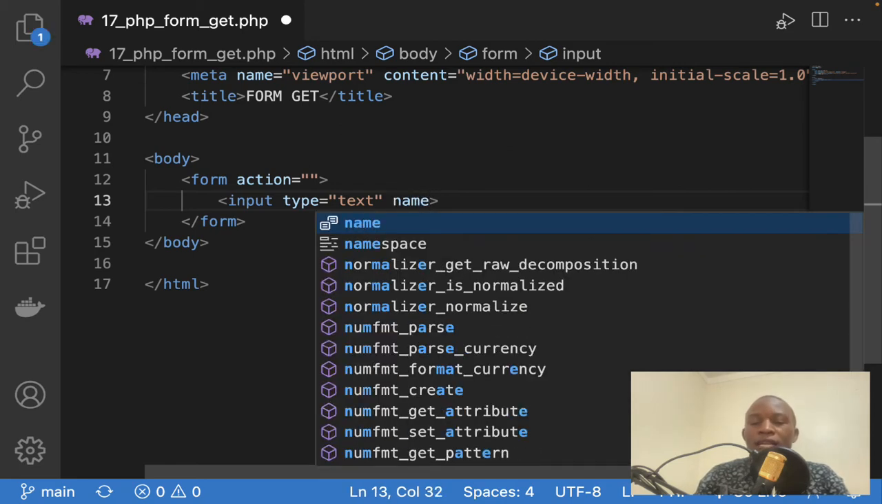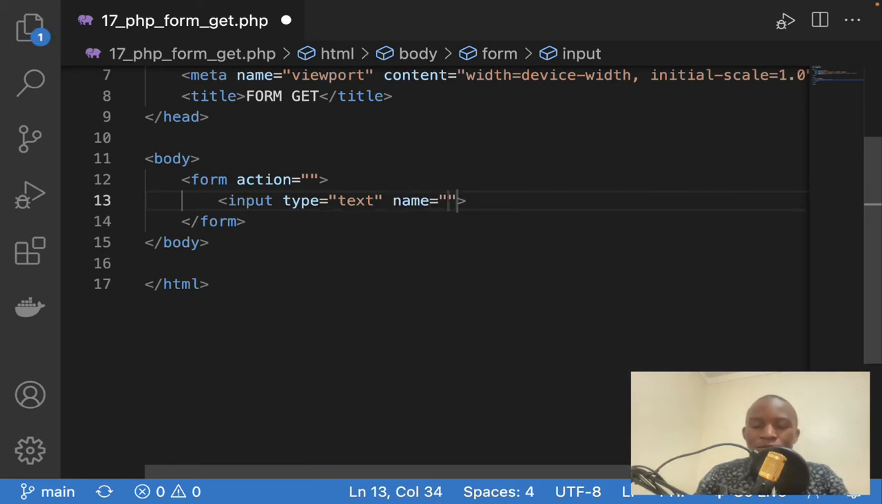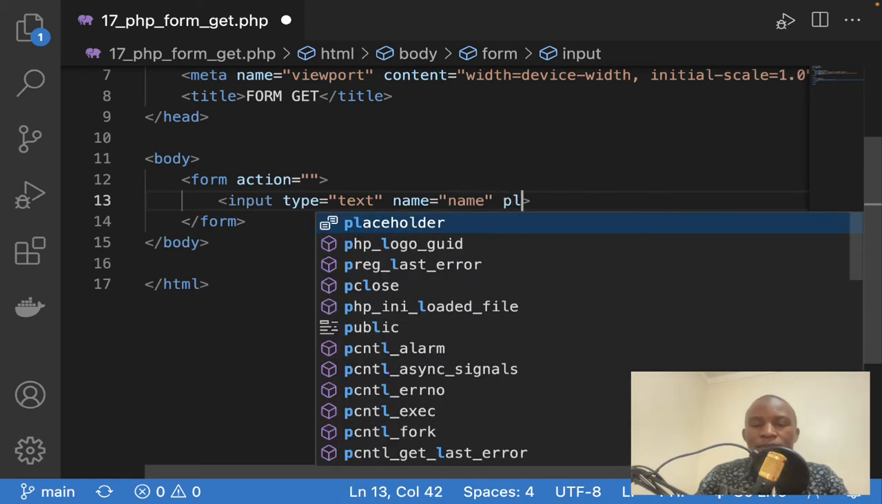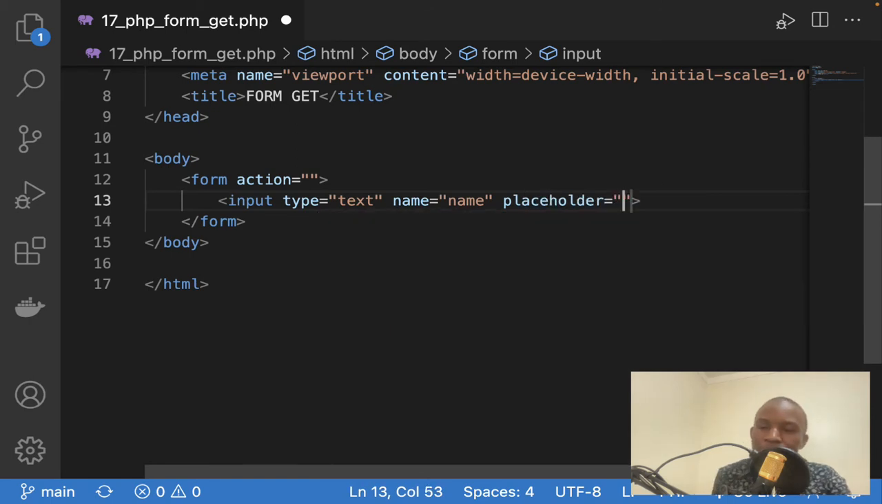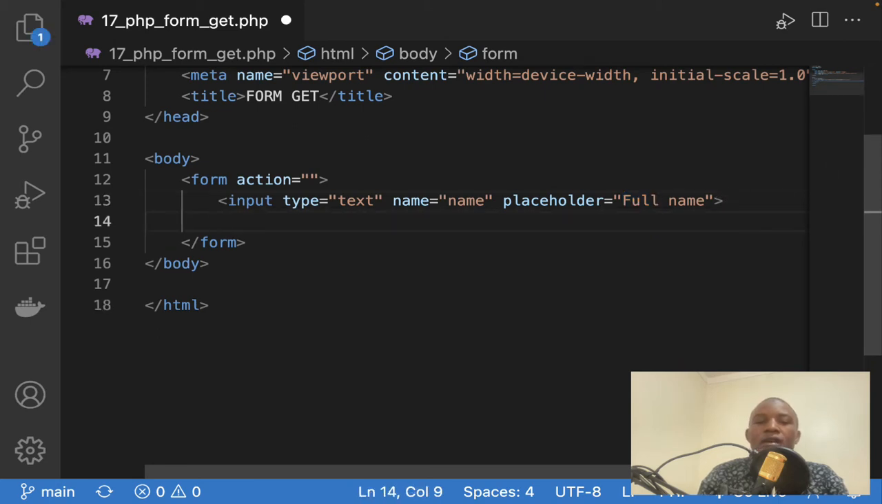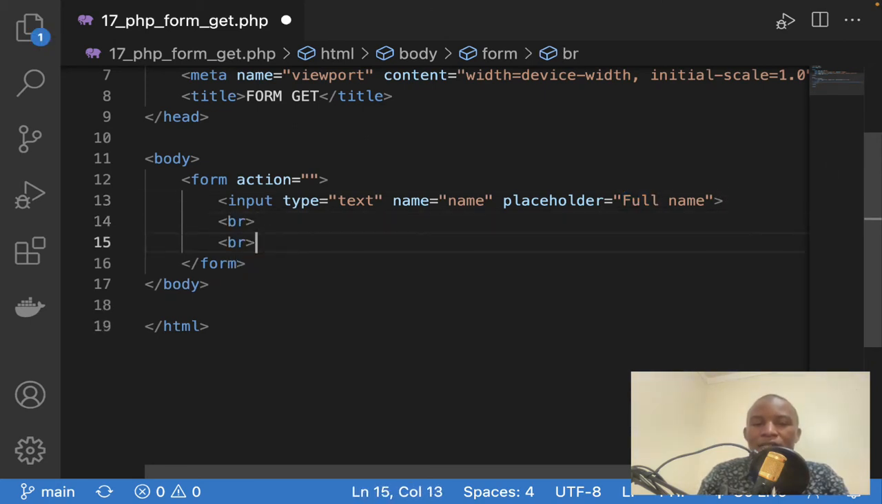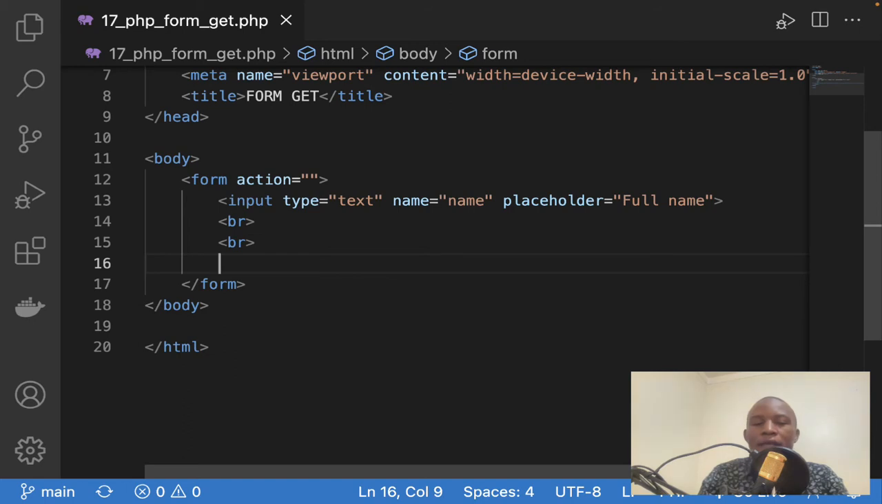So I'm going to go ahead and give name. The name of this one is going to be name, so it means that I'm going to collect the name of a person. And then I'm going to give a placeholder. Placeholder is what the person will see on their screen as the label of this particular input. So I can put maybe full name. So it means that when people are filling this form, they'll be seeing the words full name on their interfaces. So I can put here maybe a BR tag to break the lines,